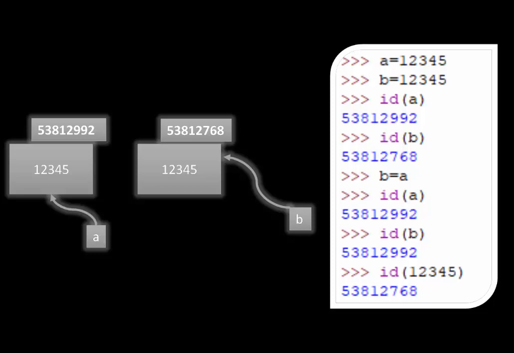Now you try to get the ID of 1, 2, 3, 4, 5. When you try to get the ID of 1, 2, 3, 4, 5, you get the latest copy's address. So you see in the figure, the latest copy's address is 53812768. So that is what you will get to see. So this is what I said. It works for small integers and not for